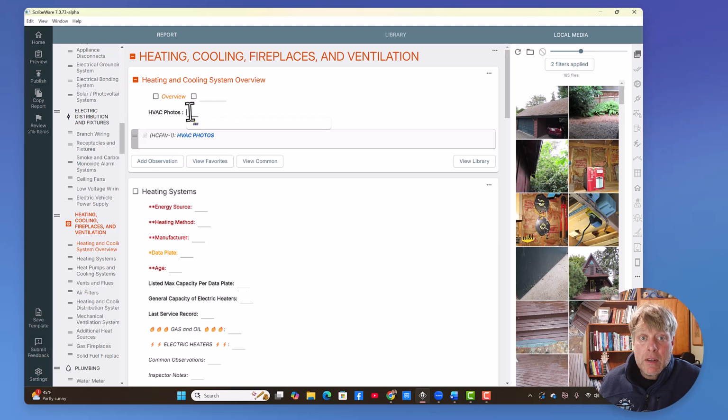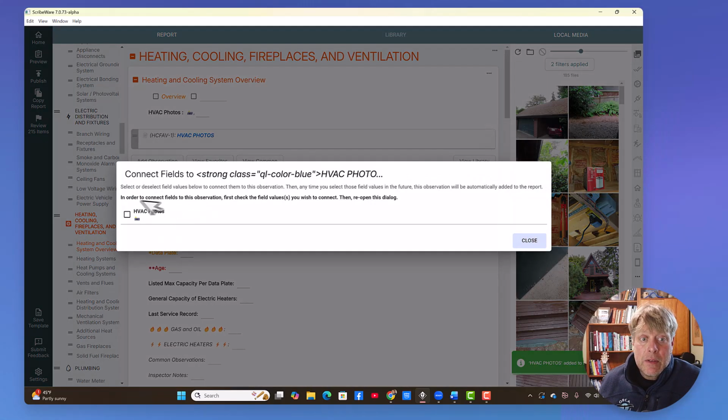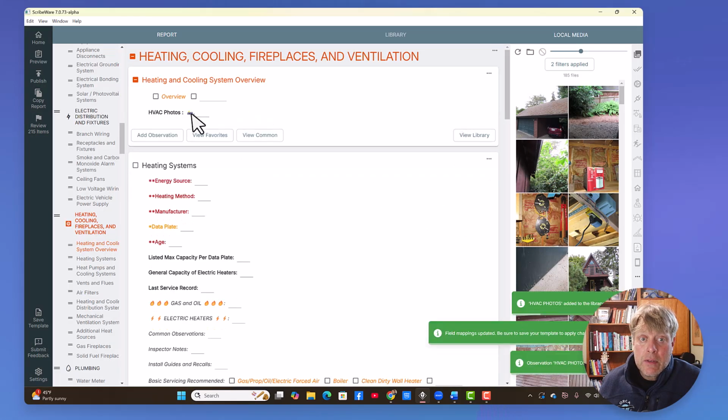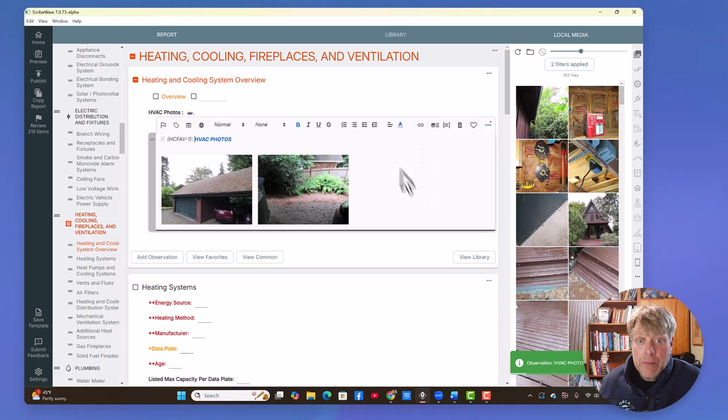And then as long as you have this camera emoji up, you can come up here, add this to the library, and then connect to fields. This is a really convenient way to link narratives to fields. So I can delete that, and now voila,